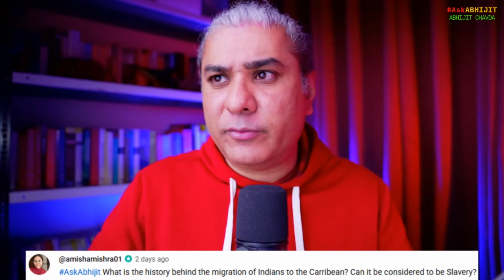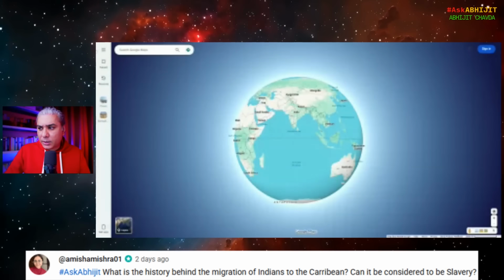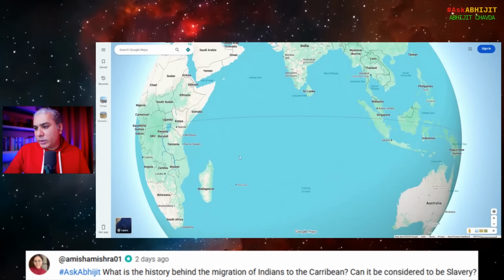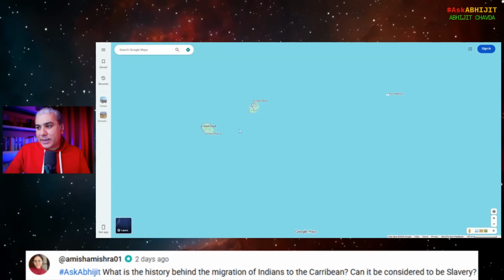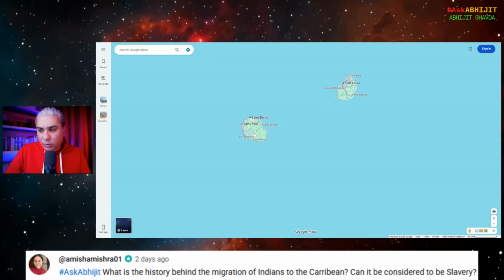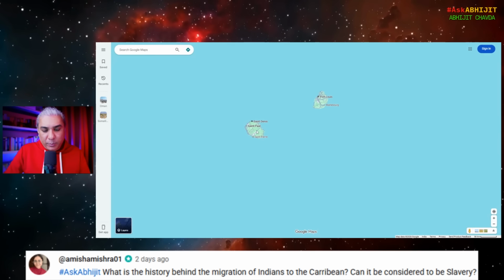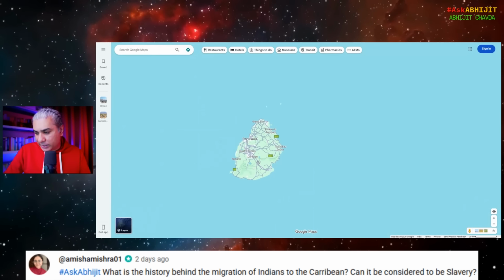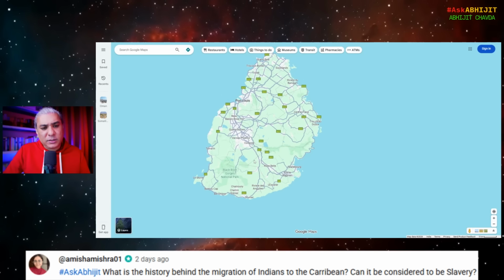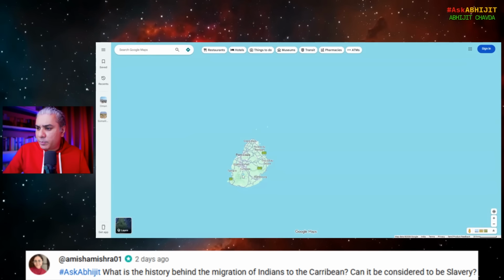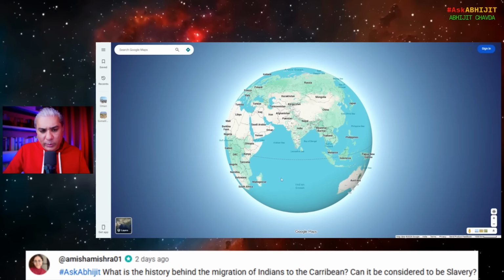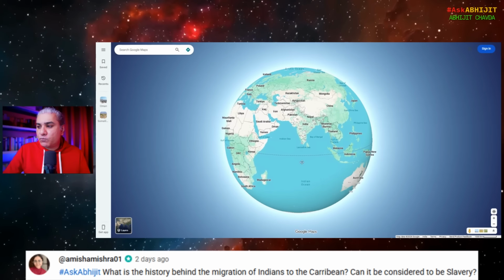And what about the island of Mauritius, Île Maurice? If you go to Mauritius, it's in the Indian Ocean. You go down south from India and go westwards. And east of Madagascar, you have Port Louis, this is Mauritius. And then you have Île Réunion, which is a French island, which also has a substantial population, but Mauritius is Indian majority. It's technically part of Africa. The local language is French, or Mauritian Creole, and the majority population is of Indian origin. The majority religion is, if I'm not mistaken, Hinduism.